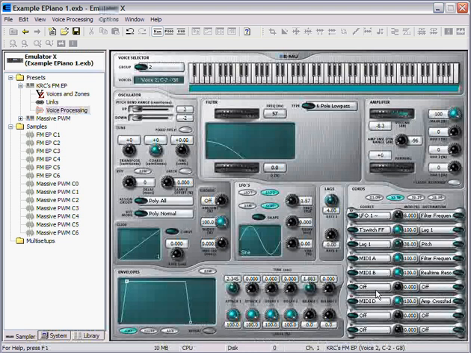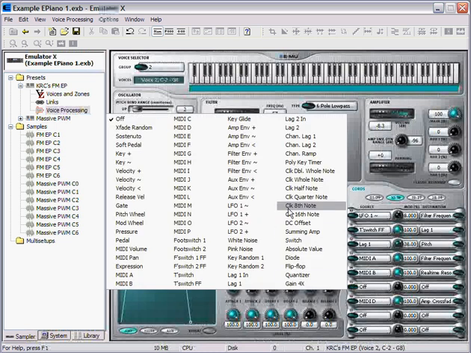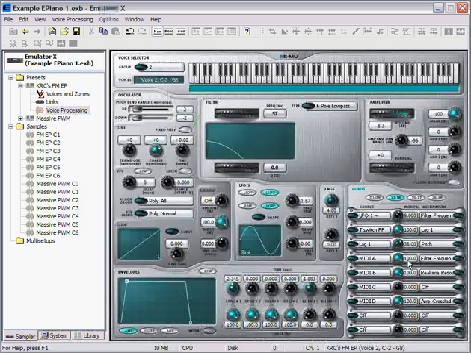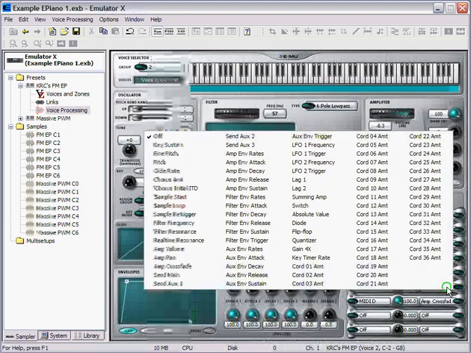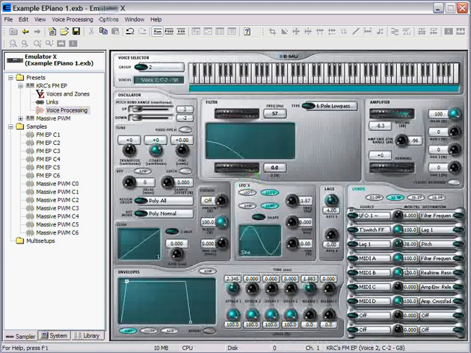And so what I'm going to do is connect MIDI controller C to a parameter called amplitude envelope release, and I'm going to make it so that you can make the release times longer. So let's just put this up at maybe about 30%. I'll just type it in. And now MIDI controller C